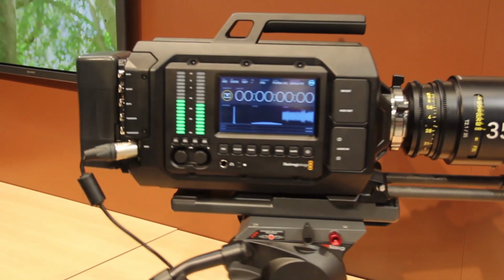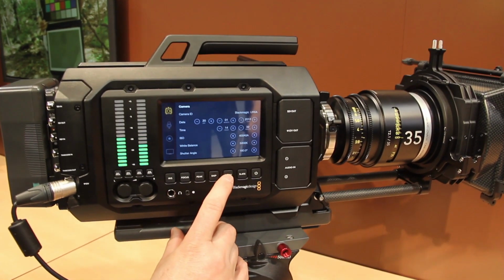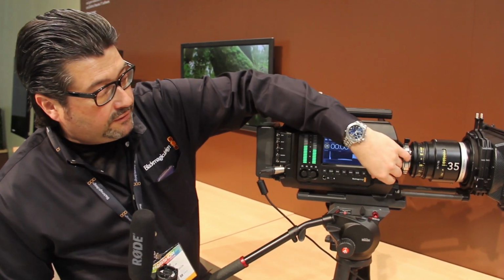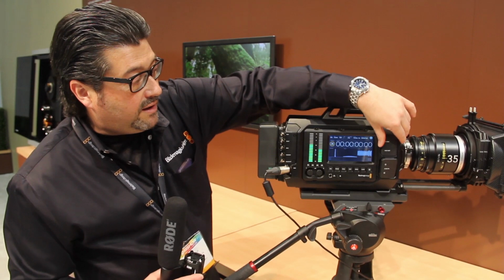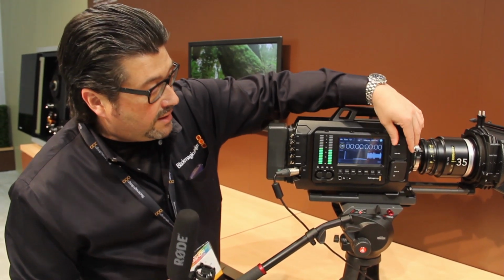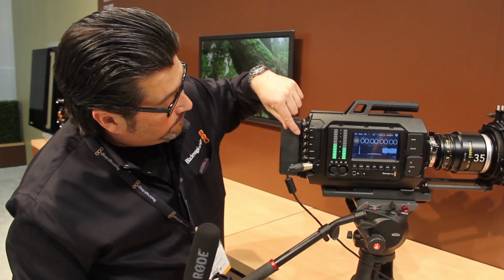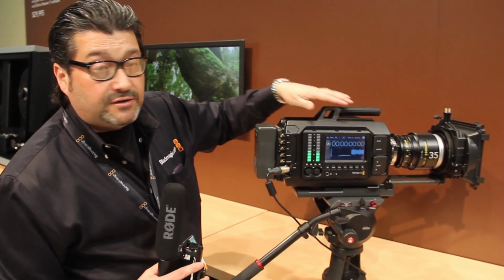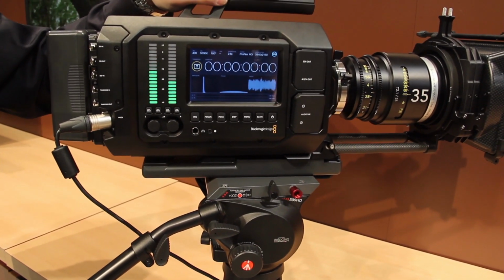If we flip it around, we can also see that we have another monitor here that can display all the same things as the other touchscreen. And we also have phantom-powered microphone inputs. We have SDI out here, and we also have reference and time code in and out, and we have SDI in and out here. It's a 12 gig SDI because it's a 4K sensor that we have in this camera,